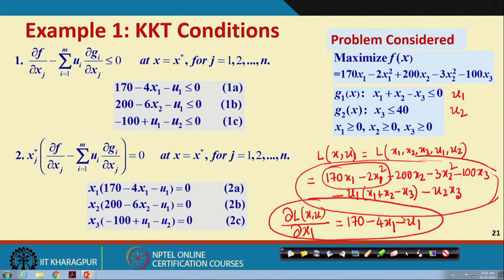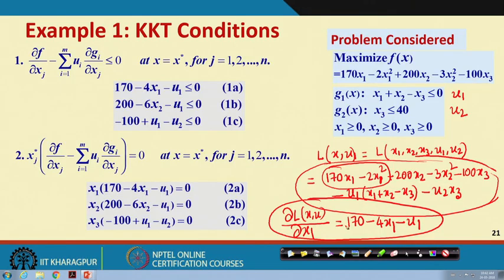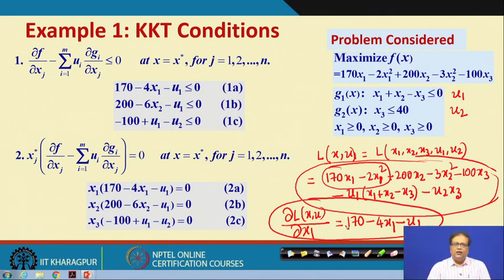And obviously, how to combine the f(x) and g(x), whether to use a plus sign or a minus sign. For a maximization problem we usually use a minus sign, and for a minimization problem we usually use a plus sign, but various books may have other kinds of conventions. In one of our previous lectures, we took the plus sign in a minimization problem. But since the ui's are all scalar values, even if you take another sign, ultimately it will be absorbed by the negative value of u's that we obtain.